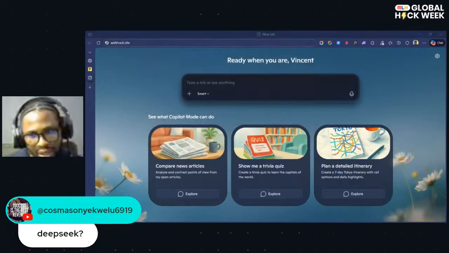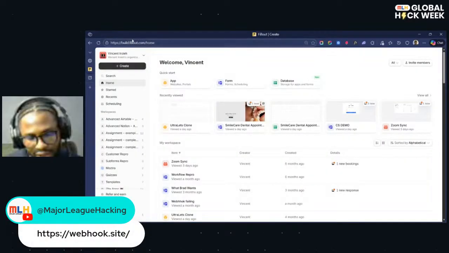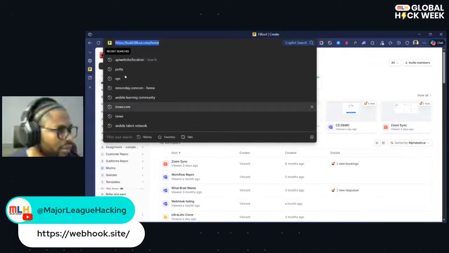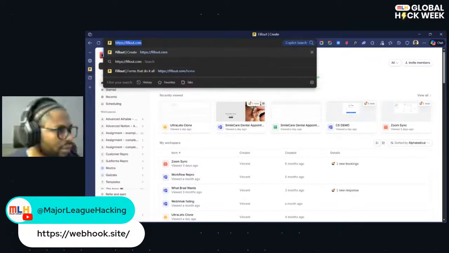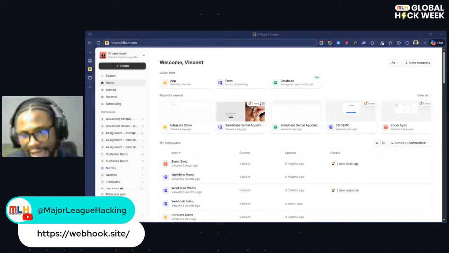So this is webhook.site. And this is Fillout. If I'm already signed in, it just takes me to the dashboard. But if you're not, you should be able to see how to sign in and so forth. I'll drop the links just in case you want to test them out now or later, to try out what I'm doing on the screen.